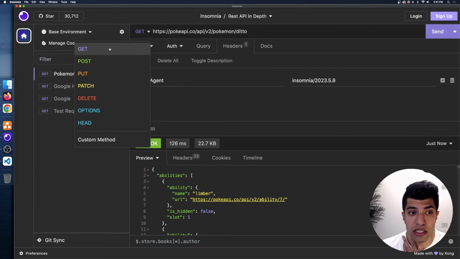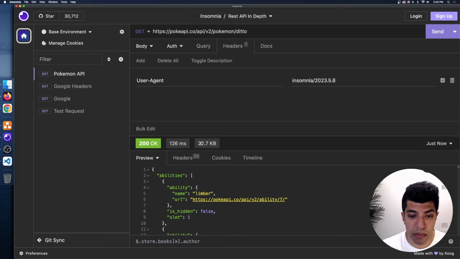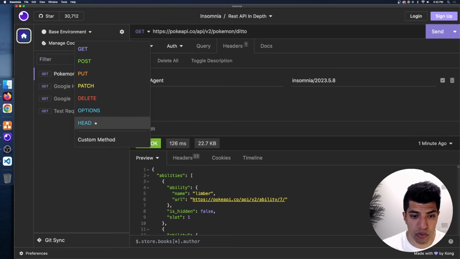So GET, we just went through that. That means get that resource. You can see that we actually get back 22.7 kilobytes of data for this resource. So that's quite a bit of data. And it's 200 status OK, which we'll see shortly. But if I switch this to a HEAD request,